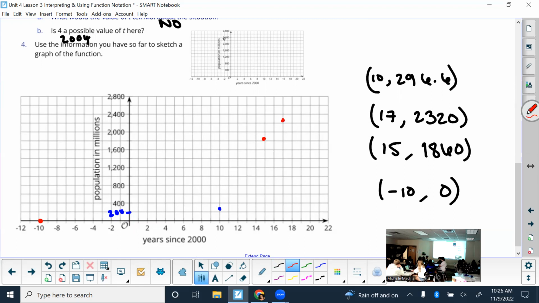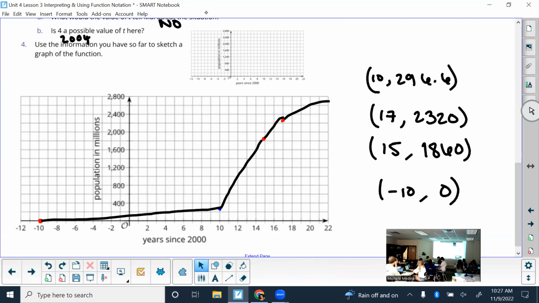Would this be a continuous graph or a discrete graph? Continuous. Why? Do you think people ever stopped having phones? All right, no, there's always going to be people that have smartphones unless they make something better. So these would technically be connected. Not really sure in what way, but given the 4 dots we have, it might look something like this. All right, questions? Okay, just making sure you have that in your notes. It's definitely continuous. Good job today. Make sure whatever